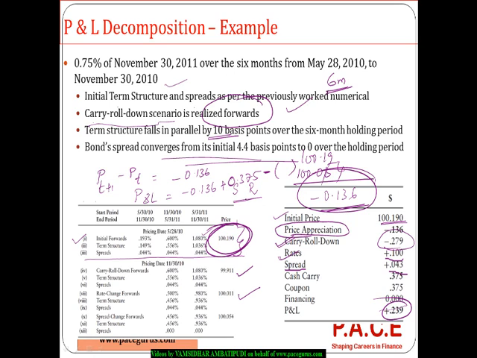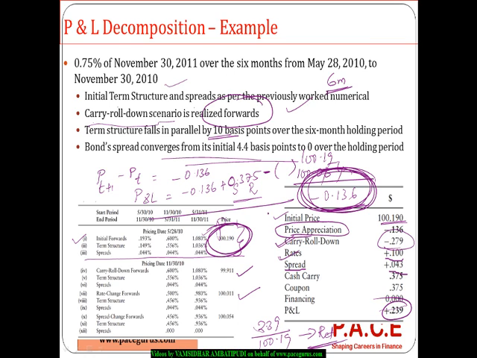And if I divide this 0.239 by the initial price, which is 100.19, that is what is going to give me the return. So on an overall scale I can say there is a loss of 0.136,